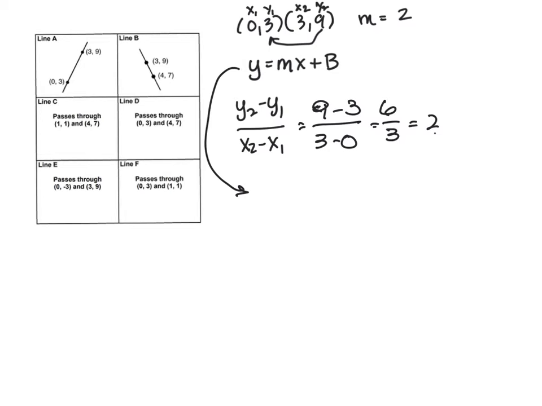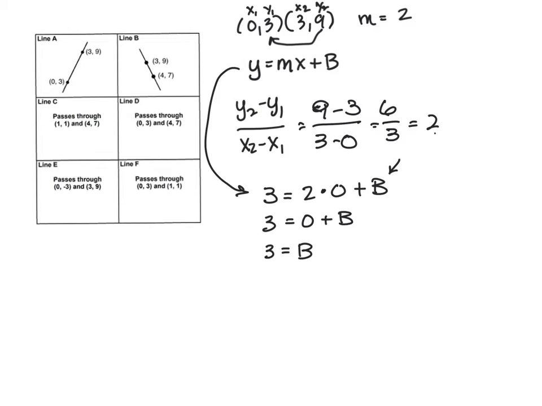So instead of y, I'm going to use the first point of 0, 3. So instead of y, I have 3. And instead of m, we have 2, because that's the slope we just discovered, times x, which is 0, right, because we have 0, 3, plus b. We need to figure out the b. That's why we substituted all of the other values, so we can figure out what b is. So we have 3 is equal to 2 times 0, which is 0, plus b,